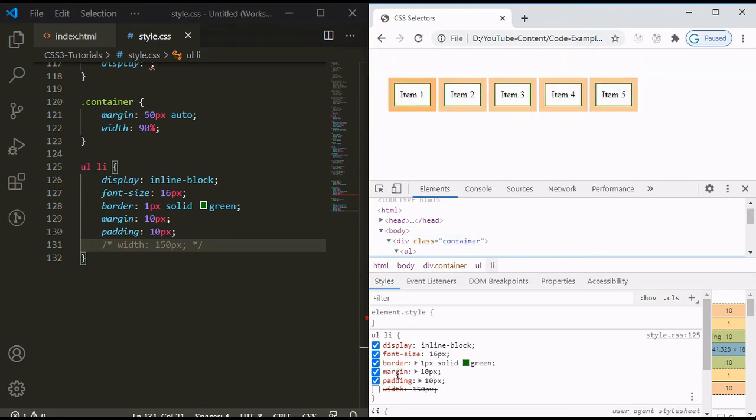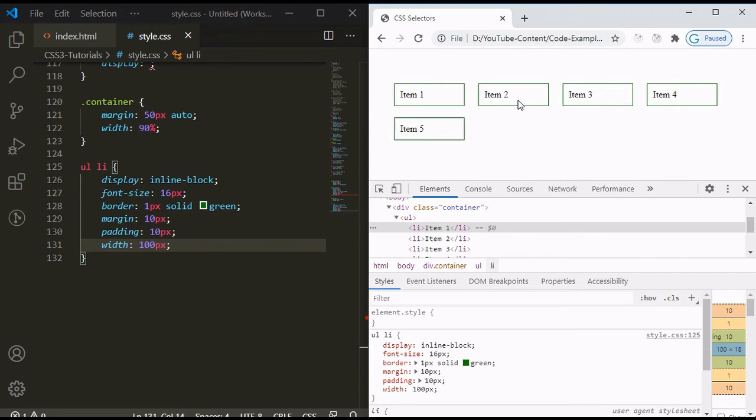And here you can check these elements are also getting the margin from each side, top, right, bottom and left, and also getting the padding from each direction, and also get the width. So let's check by giving the width here. Suppose I am giving just 100 pixel. Now let's check. Now you can see it's also accepting the width of 100 pixel.